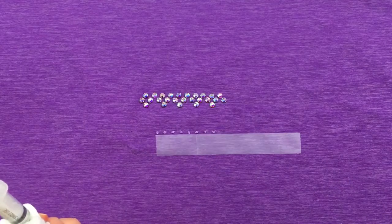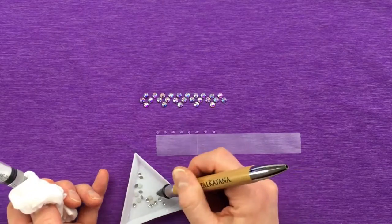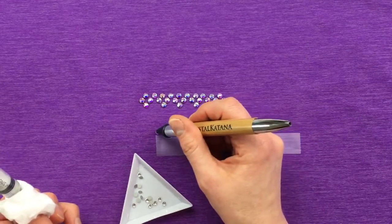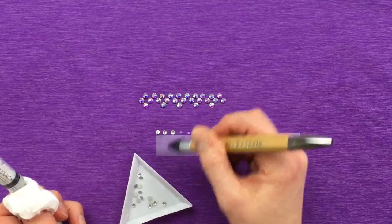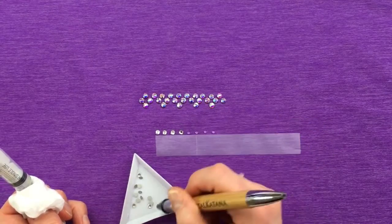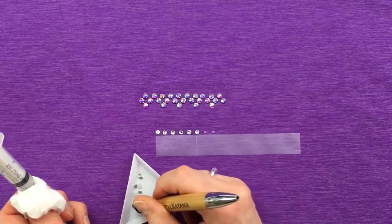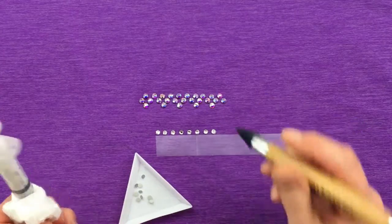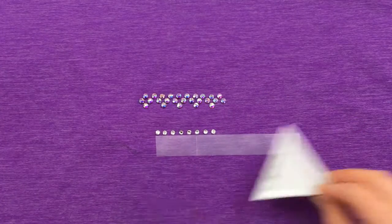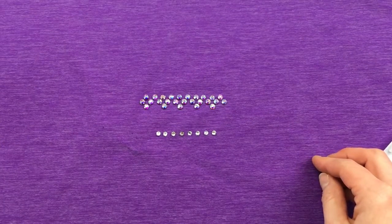I'm going to use some slightly smaller stones this time, just so you can see the difference. So these ones are SS16, so just a size down from the SS20s. And these ones are crystal clear as opposed to AB, which were the first ones I used. So we've got our straight line there. Pull back the tape,